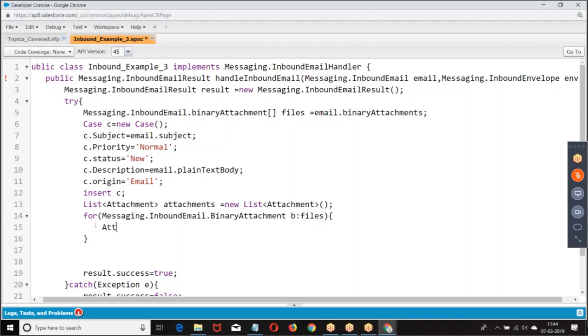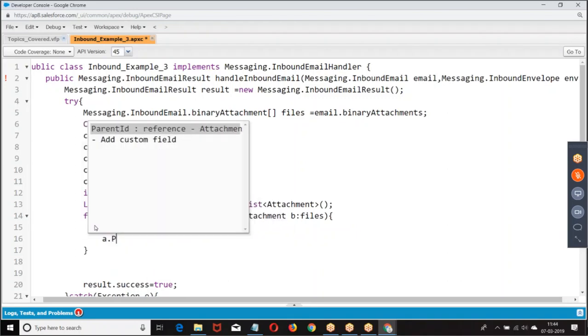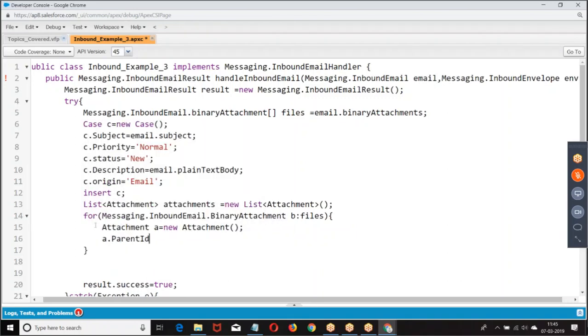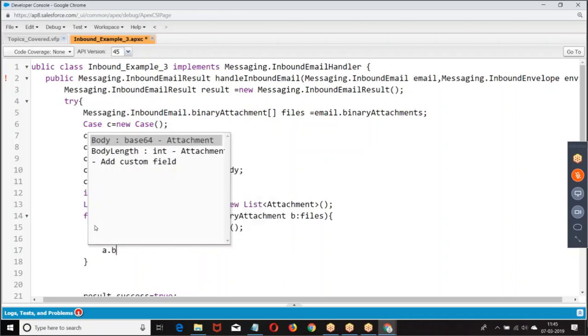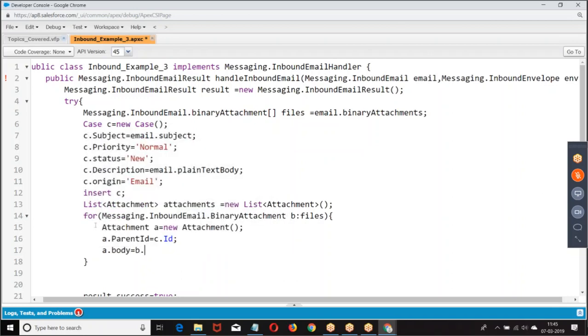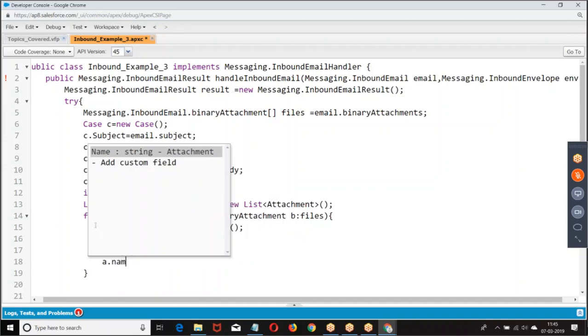Then what are you supposed to do? Attachment a equal to new Attachment, a simple DML operation. Parent ID: for which record this attachment is added. Whatever case I created, for that case I am adding this. a.body equal to..., a.name.